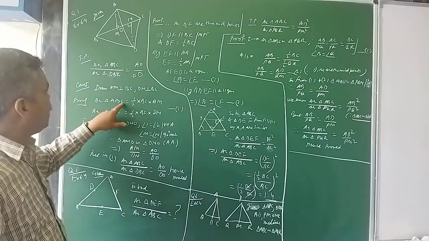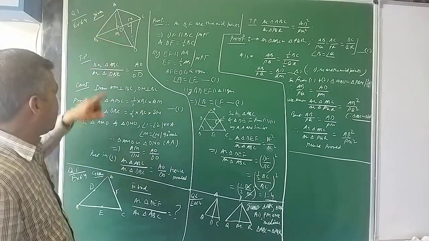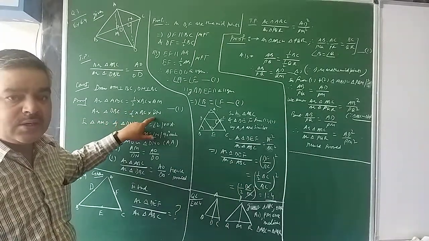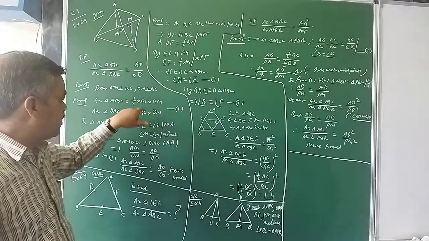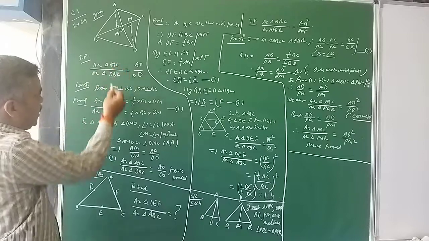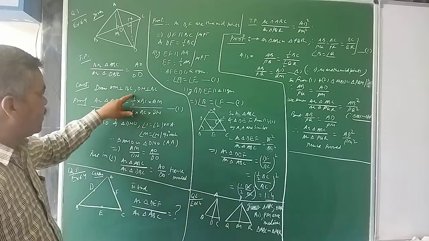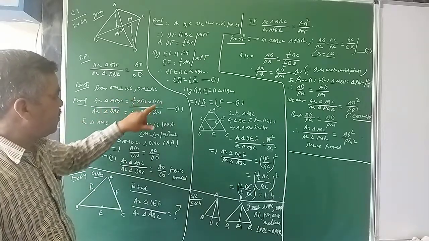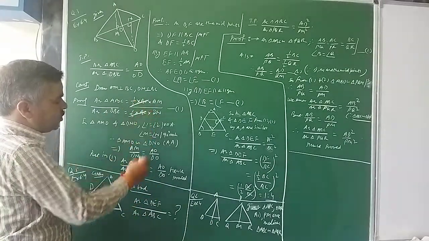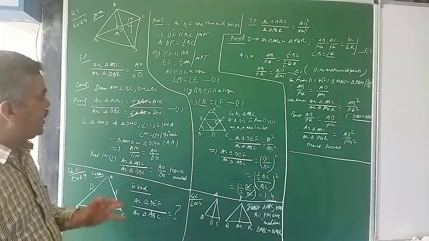Then write the area of triangle ABC in terms of half into base into height. AM is the height here, and area of triangle DBC, that is again half into base into height. DN is the height here. So give it number 1. Now if you see here, if I take this ratio of area of triangle ABC to that of area of triangle DBC, I will be getting the ratio of these two, half into BC into AM upon half into BC into DN. So you just can reduce it into its lowest term by cancelling this half BC, half BC. So you are left with AM upon DN.